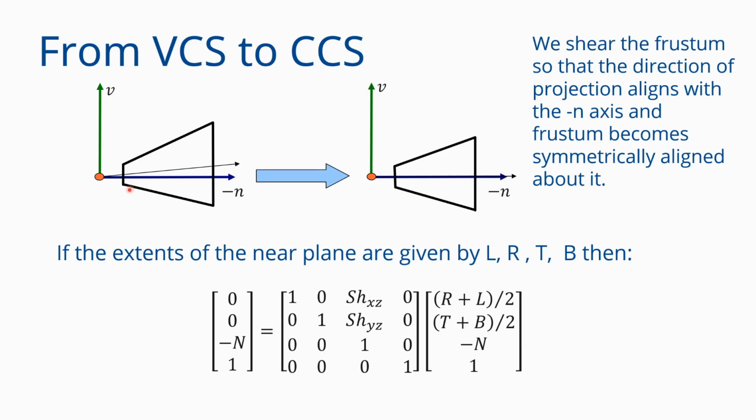Yes, and the shear can be proportional to the n coordinate. So it will be less here and it will be more here. The shear has to happen both in the Vn plane and in the Un plane. So I am only drawing the V and the N axis here because it is easy to draw in 2D. I will later show you the same transformations sketched out in 3D as well. But for now in the discussion, let us keep the diagrams 2D.